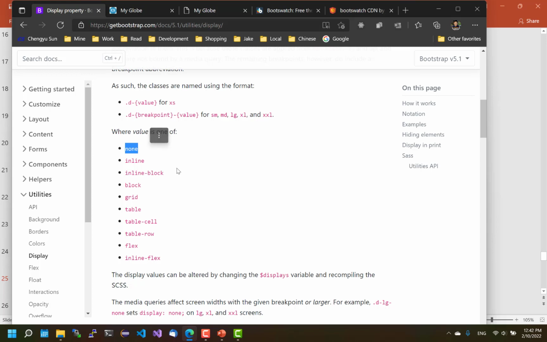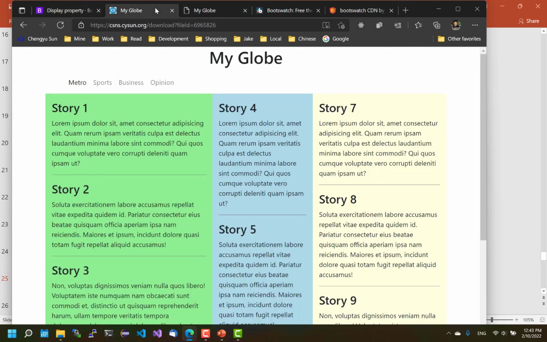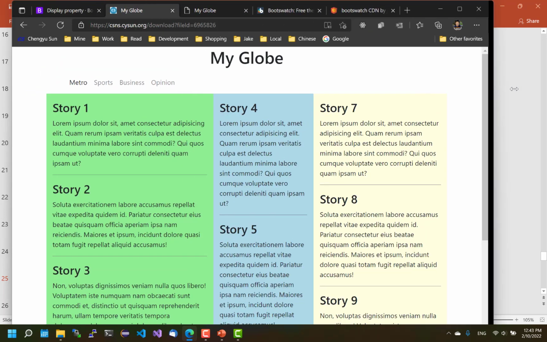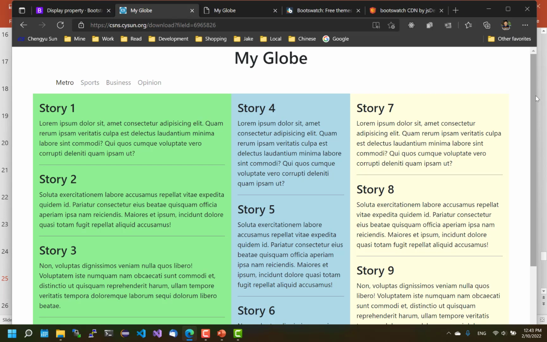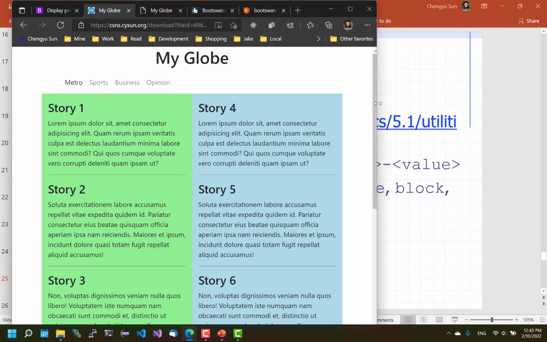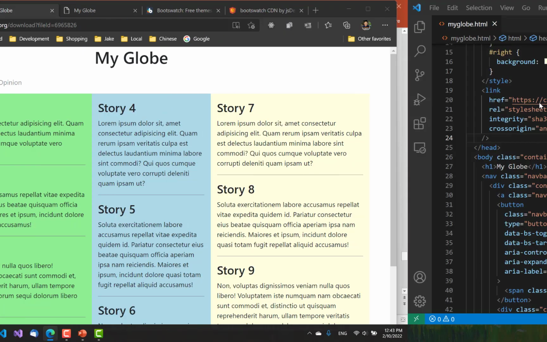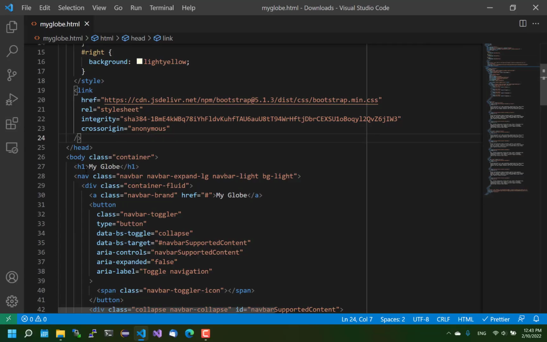If it's large, I want to display it, and so on. So this allows us to do something like this. My glow, for example, will be displayed when the screen is large or very large, and we will hide it when the screen is smaller. So, yeah, we can do something like this. We'll say this one